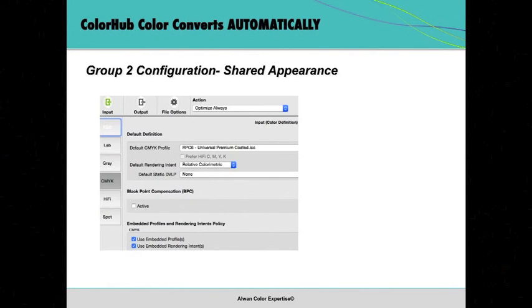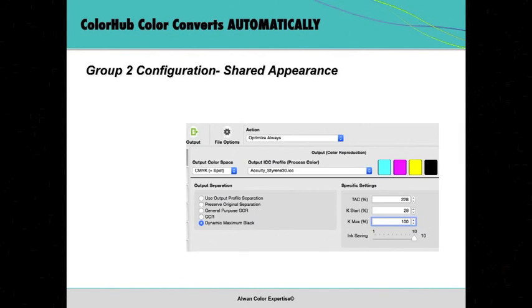So as we go into ColorHub, that was the Q interface in ColorHub. This is when I go into my task settings. You can see up in the upper left, this is my input configuration, and I have RPC6 for my group number 2, and I'm honoring my embedded profiles that customers might be giving us. And then this is the output